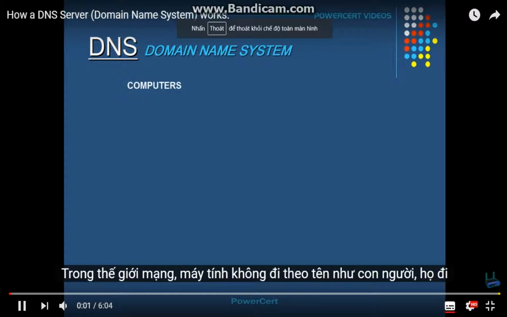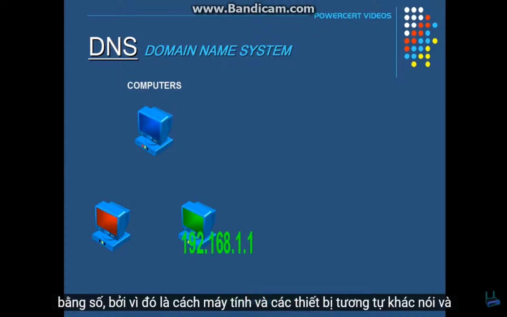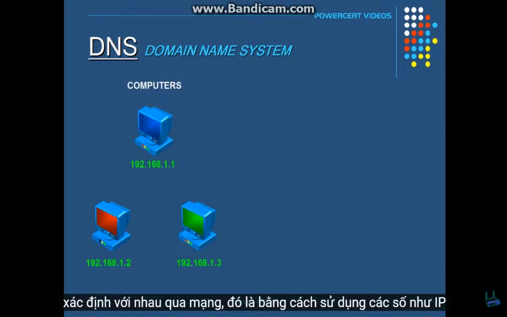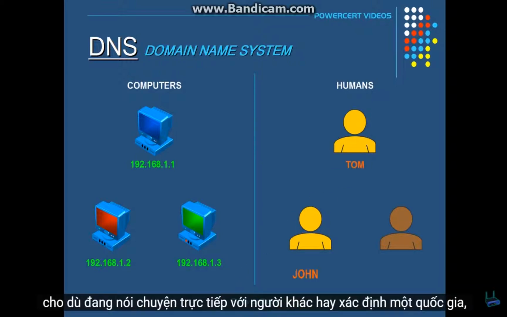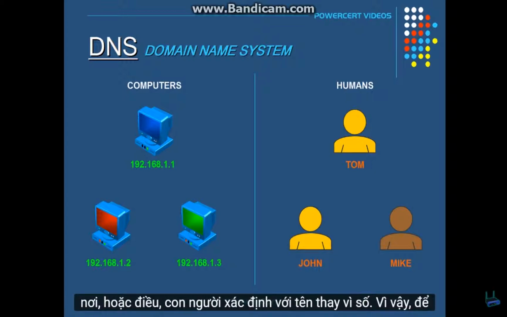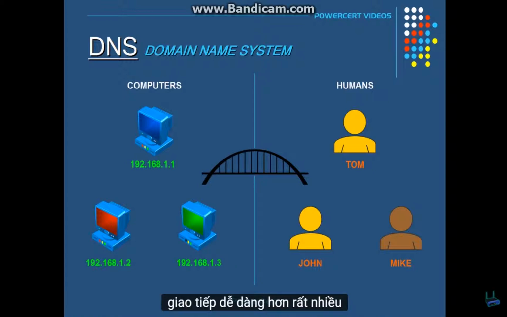In the world of networking, computers don't go by names like humans do. They go by numbers, because that's how computers and other similar devices talk and identify with each other over a network, which is by using numbers such as IP addresses. Humans, on the other hand, are accustomed to using names instead of numbers. Whether it's talking directly to another person or identifying a country, place, or thing, humans identify with names instead of numbers. So in order to bridge the communication gap between computers and humans and make the communication a lot easier,